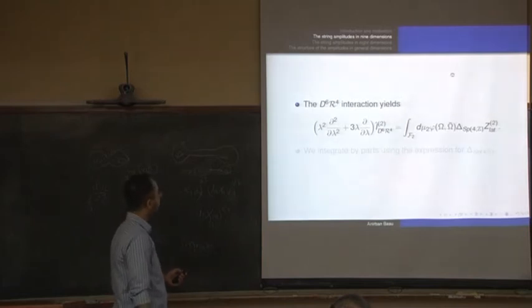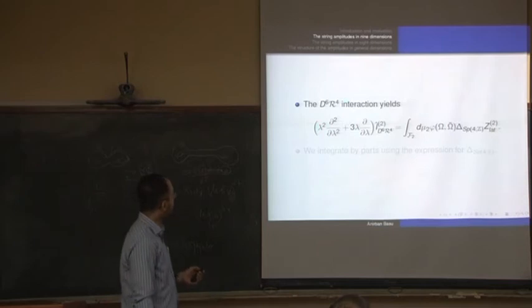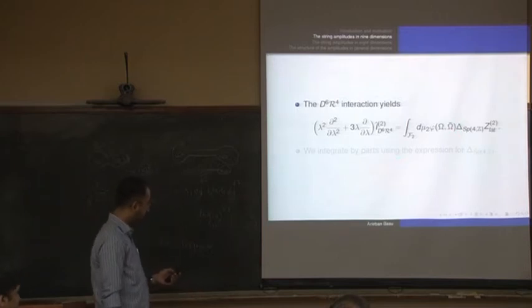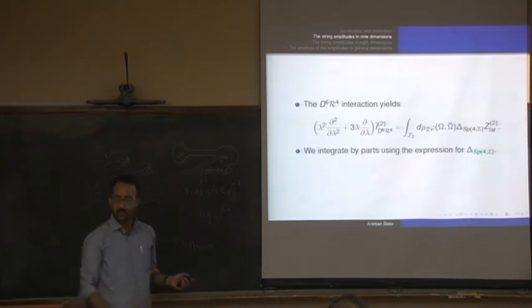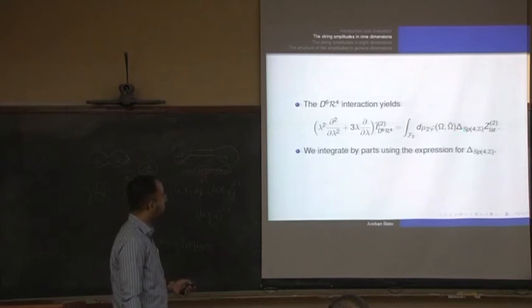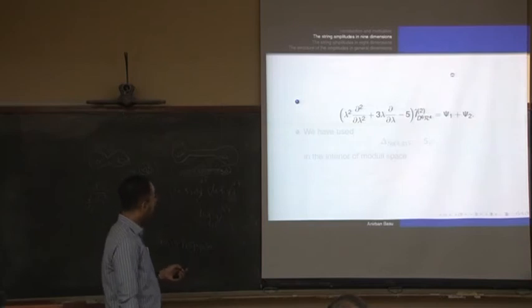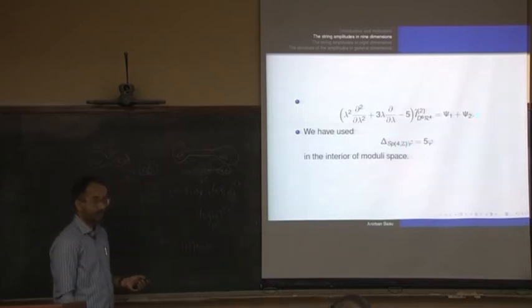Great. So now let's go to the D to the 6 R to the 4 interaction, where we can't throw away such terms. In the D to the 6 R to the 4 interaction, you have this expression here. And now we need to integrate by parts. We integrate by parts by using the expression for the Laplacian on this, which I am not going to give you, a bit of a mess, but it can be done. When you integrate by parts, you will of course get boundary terms plus a term with the Laplacian acting on the Gaussian invariant. The important thing is to give this equation, where we have used the fact that the Gaussian invariant satisfies the eigenvalue equation. So this is the equation we get, and these are the boundary terms which are there.